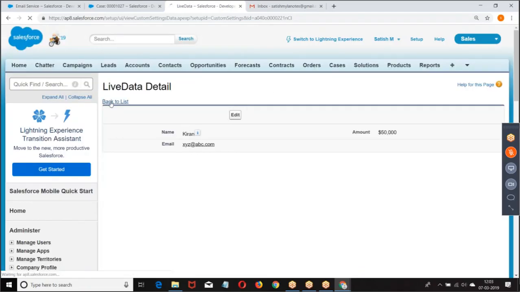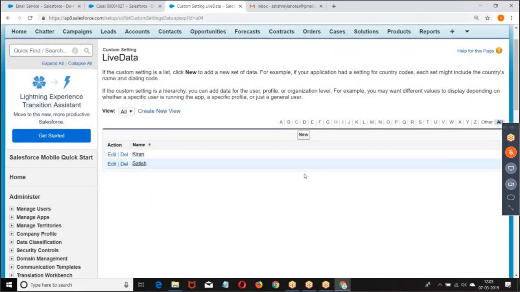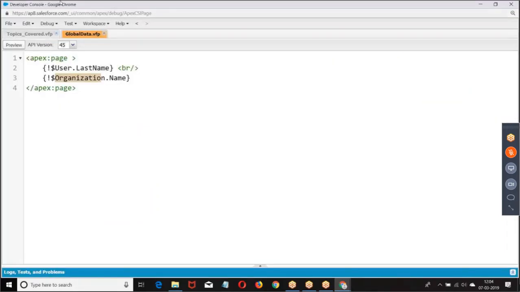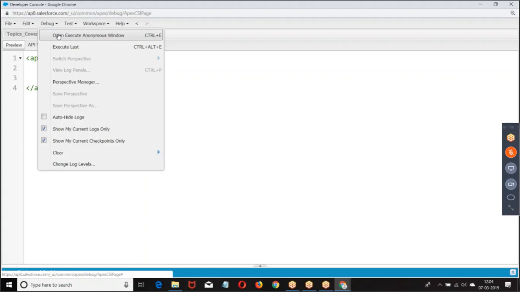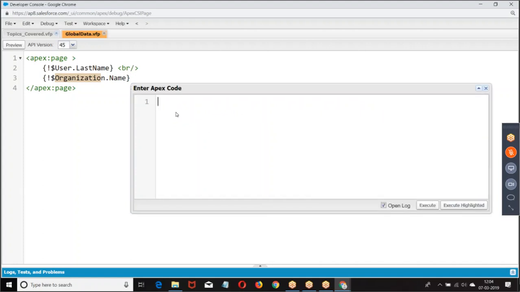This is how data is stored. A custom setting is like a custom object where we are storing the data. Now, how do you access this data? I told you, any data that is stored in a custom setting, we can fetch without writing any code. What is the object name? In the custom setting, one standard field is created. What is that? The Name field. That Name field will act as a